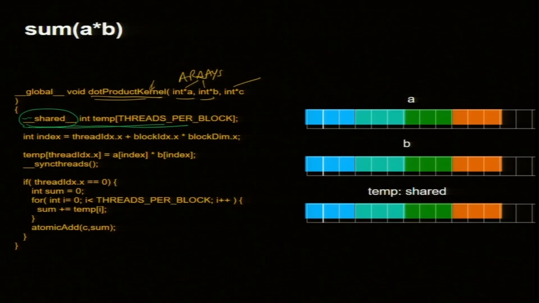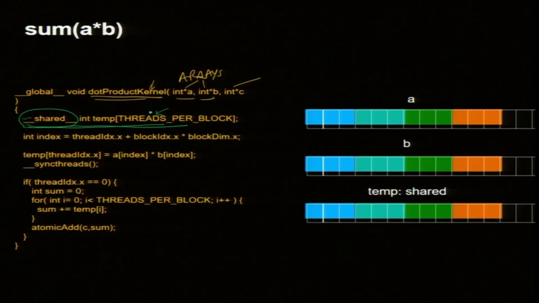So, that says that whatever I am going to declare now is going to be a shared variable. It happens to be an array, its size is threads per block. I have defined it before, so number of threads per block. In this picture, if you look at the color, it is 3, it is supposed to be 4, but it is 3 according to color. So, this will be shared by threads within the block.